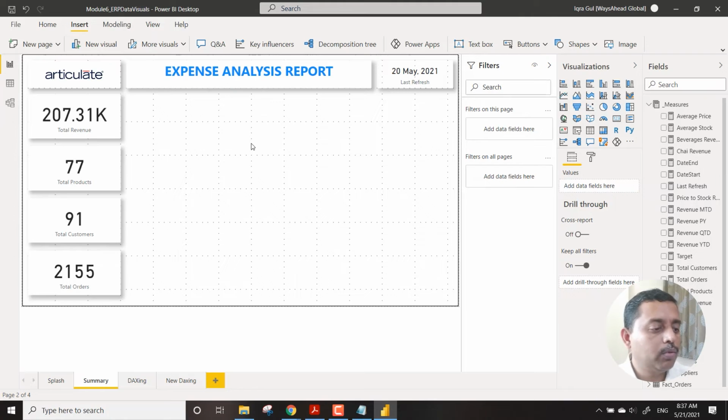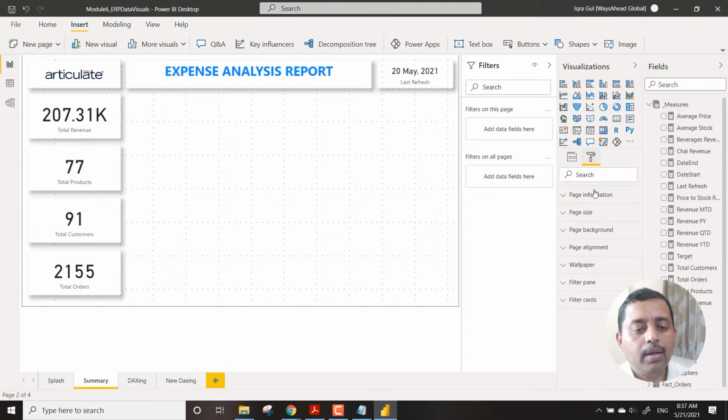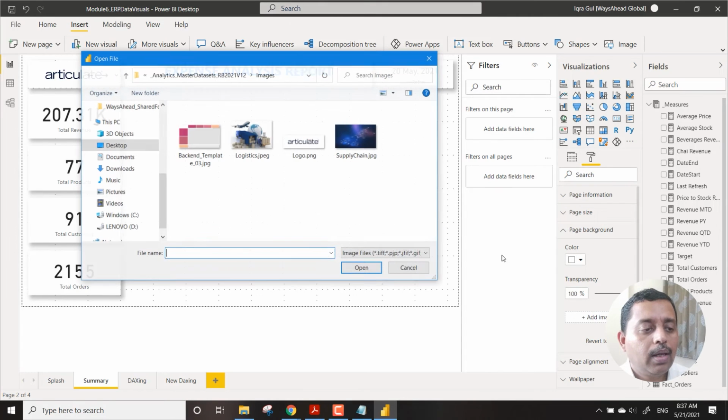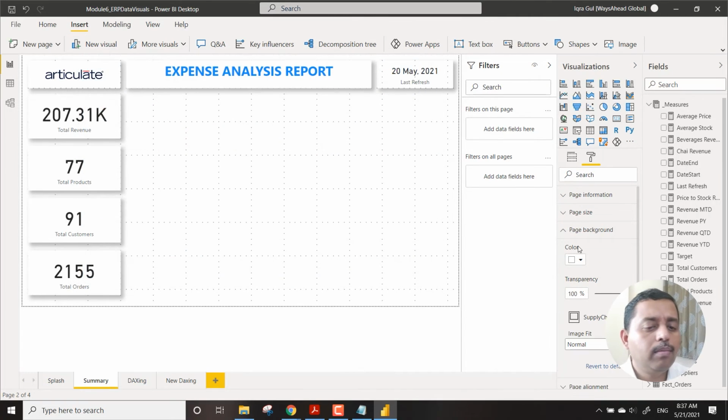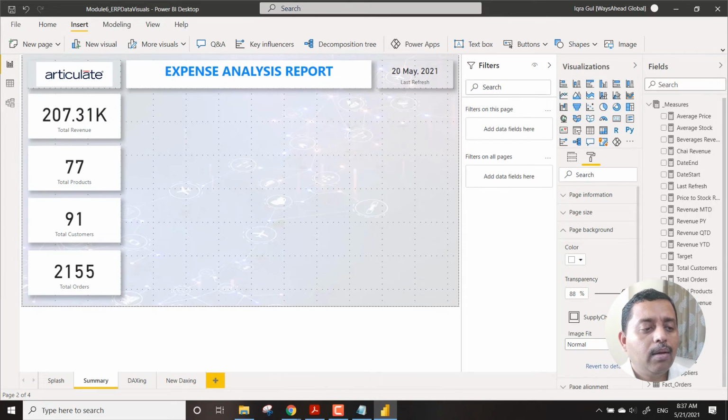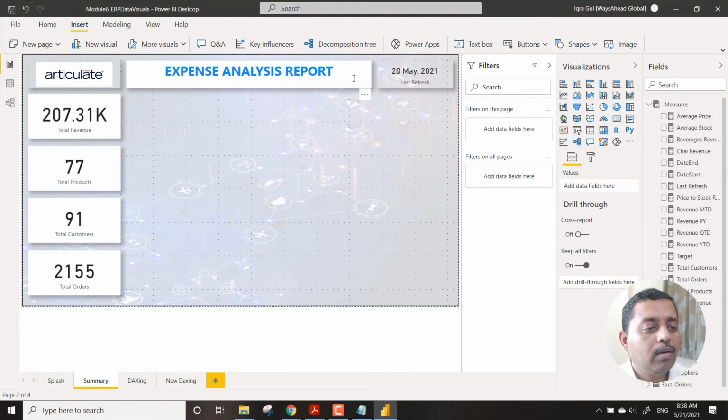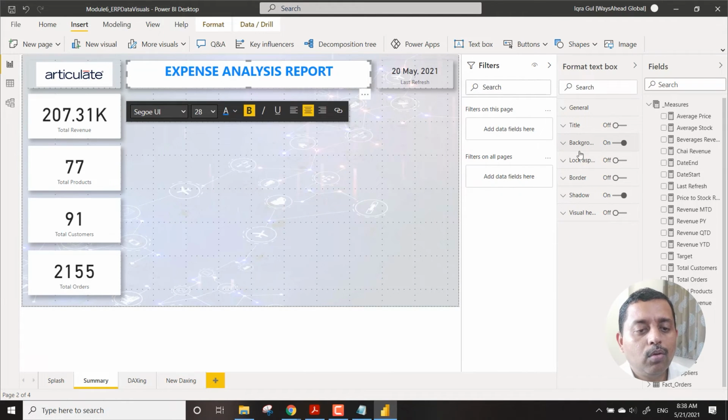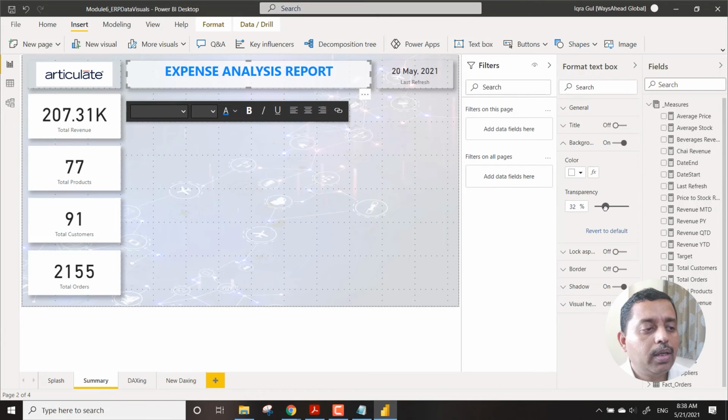Suppose this is the navigation area or the location. So what we usually do is take some page background, add some image, and make it a bit lighter. It is all about presenting your story. That's the most important thing. And usually when we go to the background, we increase the transparency.